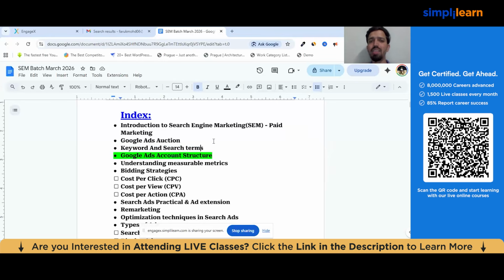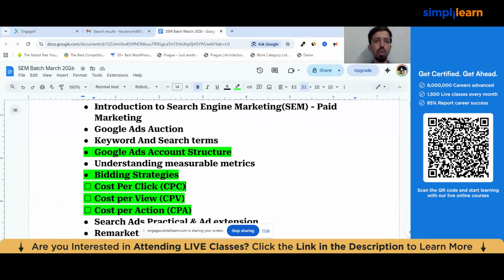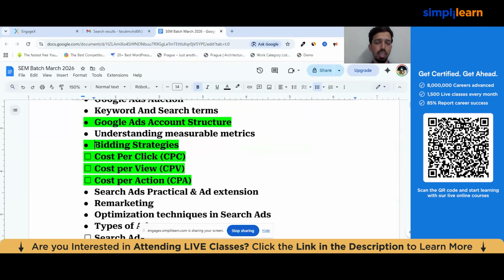Let us understand the meaning and then we'll come to that. Measurable metrics, what are the metrics, and then these are the different bidding strategies. First you will have this introduction. Once the introduction is done, we will jump into the ad structure and then the bidding strategy. What are these types? Don't worry about it, we will totally dig in